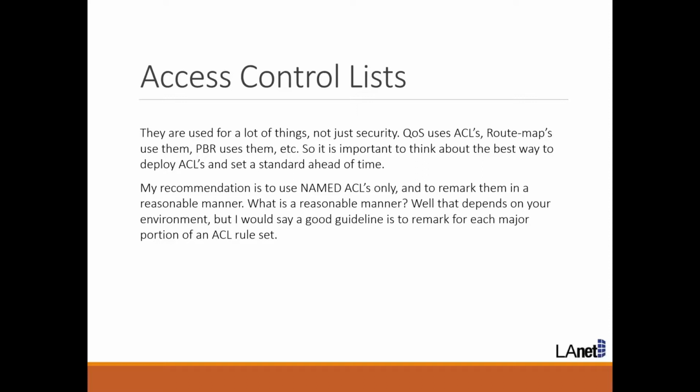Access control lists, or ACLs. So when I started my career as a network engineer over 20 years ago, ACLs were really a security mechanism only, right? We used ACLs to, say, block access to a particular server or to allow access into something. These days, however, ACLs are really used for enumerating traffic. And when I say ACLs, I really mean any kind of access defining technology. So it would also be true for prefix lists, for example, which I use a lot these days. And the important thing about these is they are used really more for enumerating traffic more than they are for controlling access any longer. They can still absolutely be used for controlling access, but they just do so much more